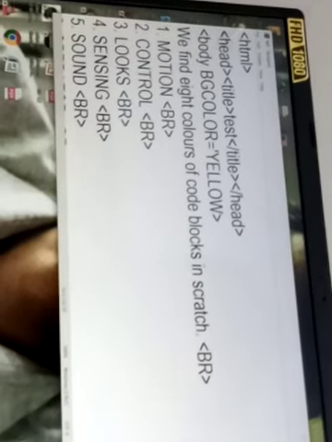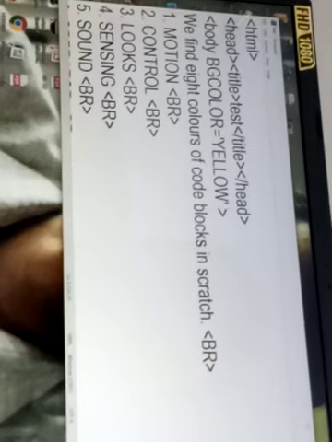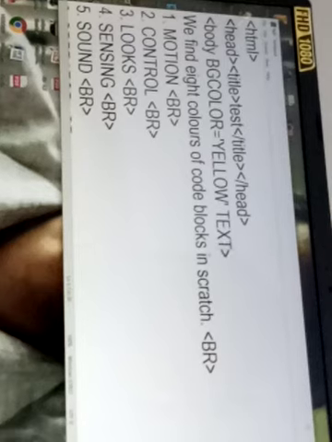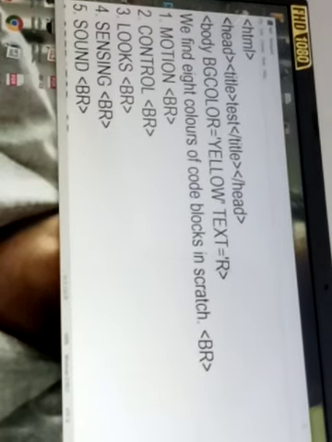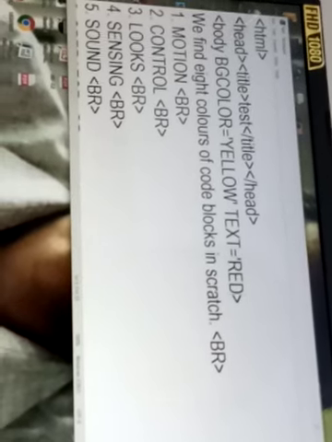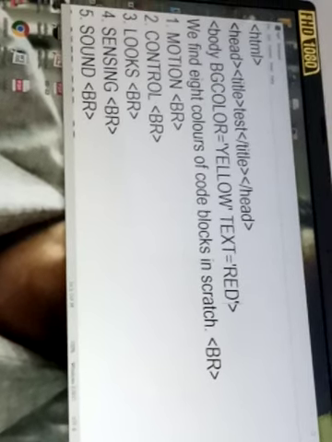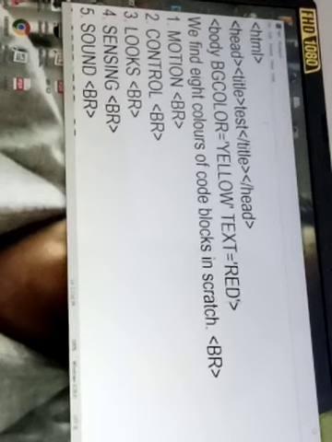I want the content to be again in a colorful form, so I will be using the text color. So text, I will be saying it as, suppose, some color as red. Now let us see what output we will be getting. So here what I have used, see the screen carefully.